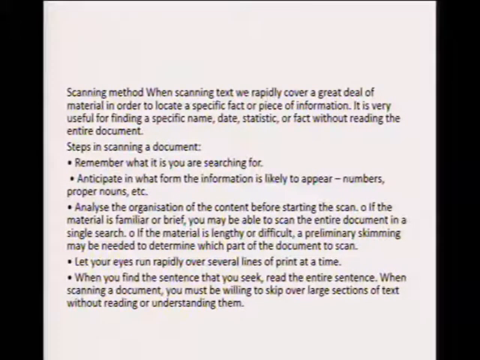Remember what it is you are searching for. Anticipate in what form the information is likely to appear. So it means you assume the direction in which the information will go. Analyze the organization of the content before starting the scan. If the material is simple or brief, you may be able to scan the entire document in a single search. If the material is lengthy or difficult, a preliminary skimming may be needed to determine which part of the document